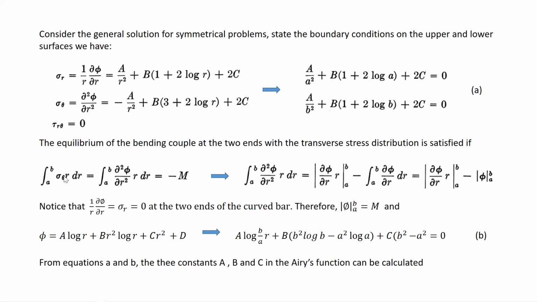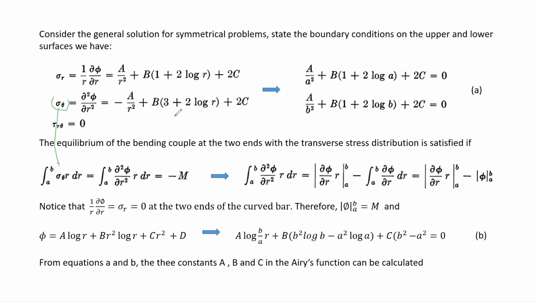One way to solve that, you can substitute sigma theta from this equation, put it here, and carry out the integration. Get the integration with respect to r, and work it out. It shouldn't be that difficult, but